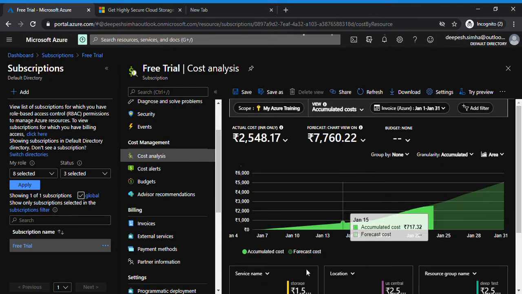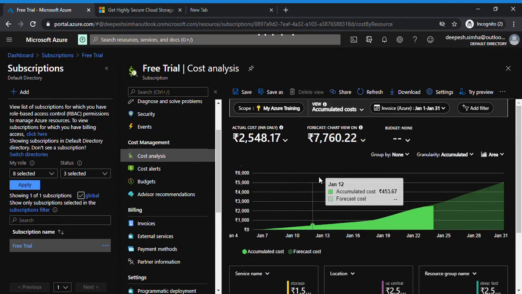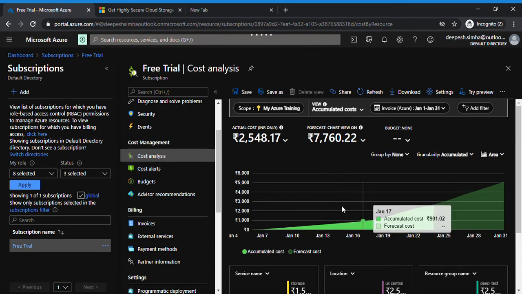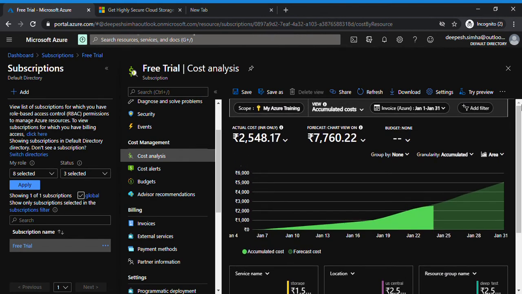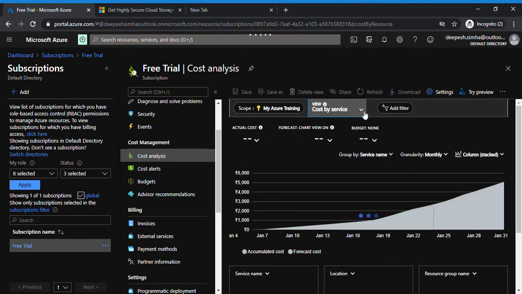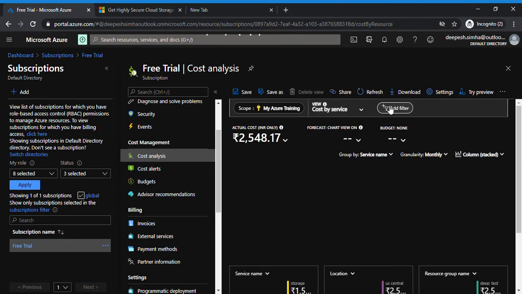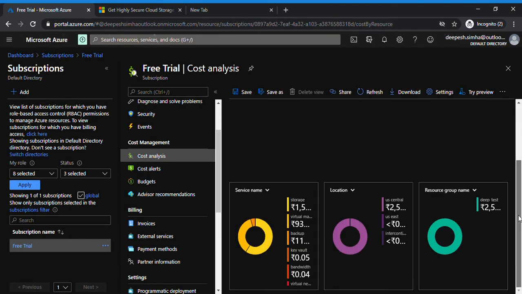This is how it looks. For example, I want to download this complete cost analysis report. Now we are only seeing the visual representation here, so I also want to download this report and check everything. What you can do is click on actual cost, which is providing accumulated cost, but I want cost by resource or cost by service. So I select cost by service, and now it is going to give the cost by service charge.